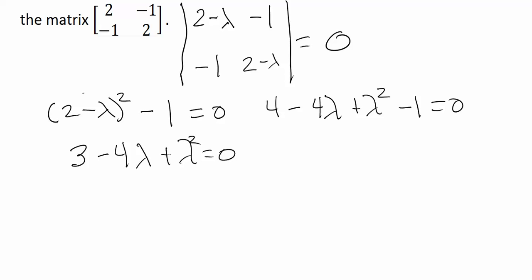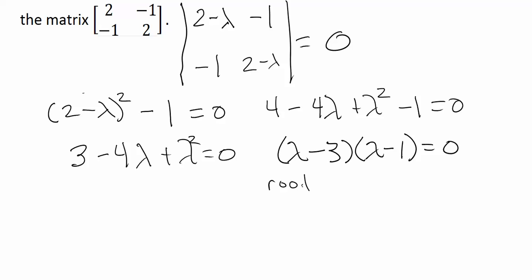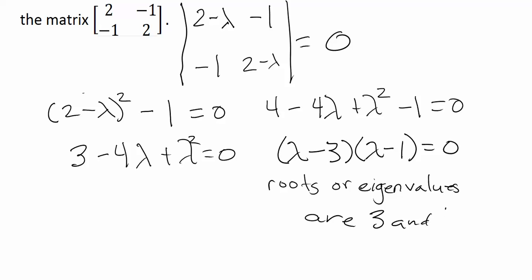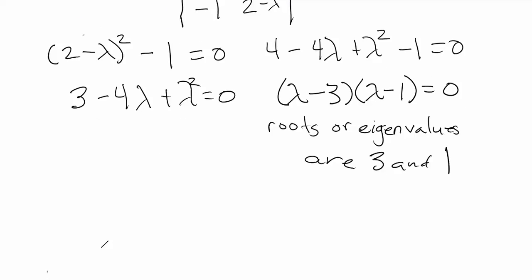I can find the roots and factor this as (lambda minus 3) times (lambda minus 1), and the roots, or eigenvalues, are 3 and 1. For each of those eigenvalues, we now need to find the associated eigenvector, and we can